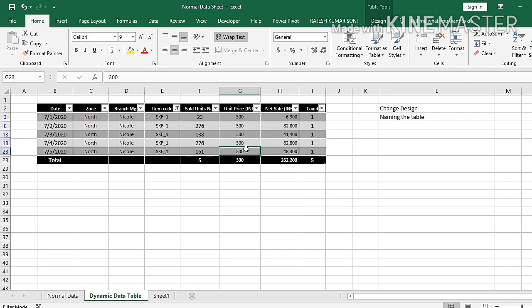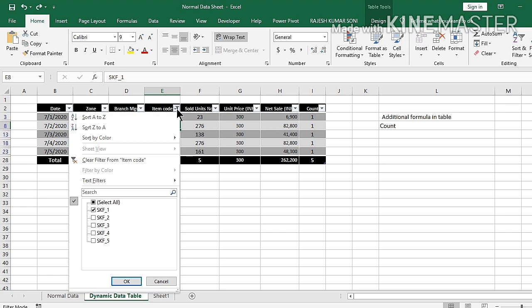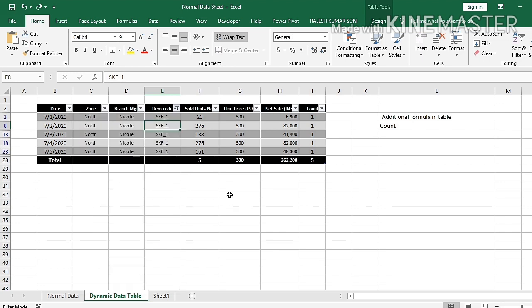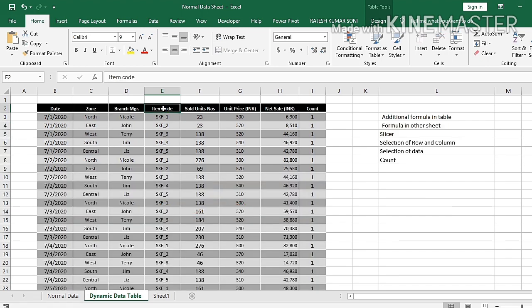Let's go to the next feature. Before we start the next feature, we have to remove the filter. You can do it in two ways. Either you can do it through this drop down, you select all and the filter will be removed, or directly you can press Shift Ctrl L. The filter has been removed, and if you press Shift Ctrl L again, then the filter is applied again. Now the data is in the same condition.